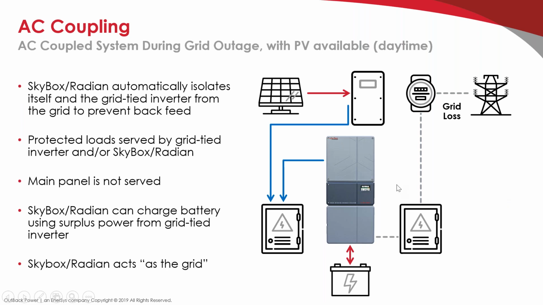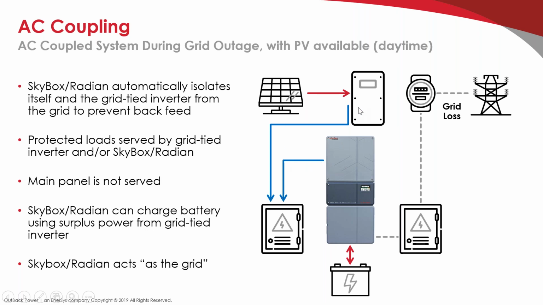Now when there is a grid loss, that transfer relay opens up inside, so the AC input and output are no longer connected, and they're completely isolated. We're islanded here, if you will. And now we become the new grid source for the grid tie inverter to synchronize to. So it's synchronized to our inverter. Any PV production that comes out as AC energy will be used to power these backed up loads. If there's energy left over, it's going to go as an unregulated charge onto the batteries. If the batteries get too full, then we'll start shifting our frequency up to the point of